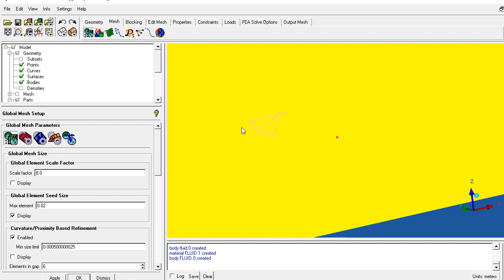Now the question arises why we want to put the scale factor as 8. When we create further meshes for the mesh domain study, for example the fine mesh and the coarse mesh, for the fine mesh we reduce the scale factor by half. Making the scale factor 4 will reduce the size by half, and it will increase the number of nodes on the surfaces and inside the volume. Roughly speaking, we can increase the number of nodes by a factor of 2 in the whole domain. When we use a scale factor of 16, the size will be doubled, and this will reduce the number of nodes by half.